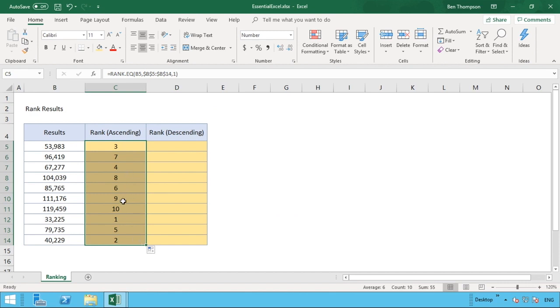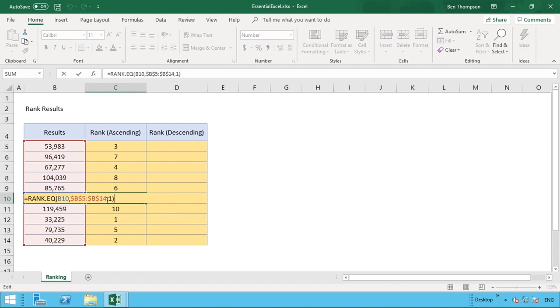And the reason obviously we lock down those cells is, as you see if you go to row 10, by locking and using those dollar symbols, that range is always going to remain the same. So you're always comparing on a level plane. Cool, so if you just come out of this,